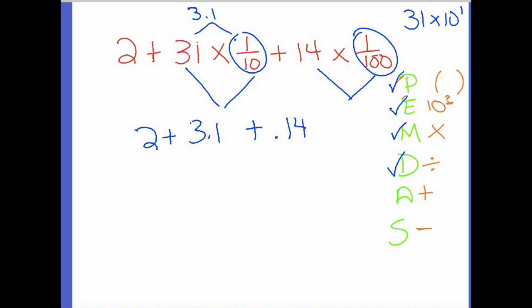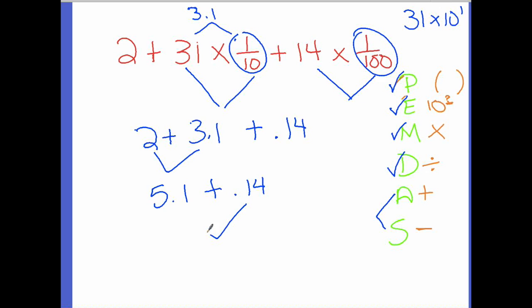And then when you add and subtract, this is also based on whichever order happens first. So if I had subtraction first, I would subtract first. If I had addition first, I would add first. So 2 plus 3 1/10. Anyone know? 5 and 1/10. Okay, 5 1/10 plus